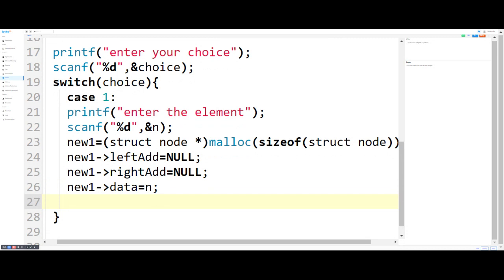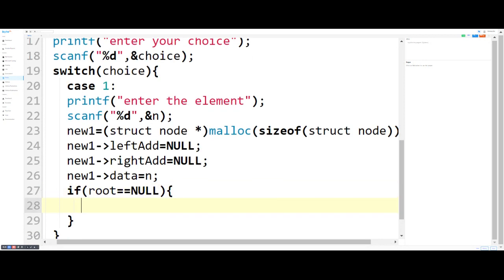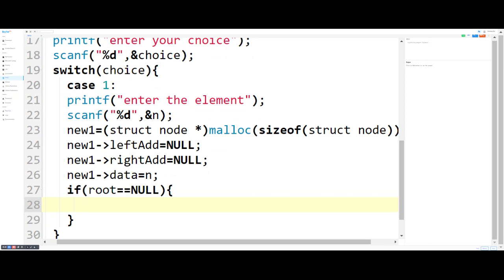After that you have to check if root equal to null. If your root equal to null, it means root doesn't have any value, so we simply make new one your root.